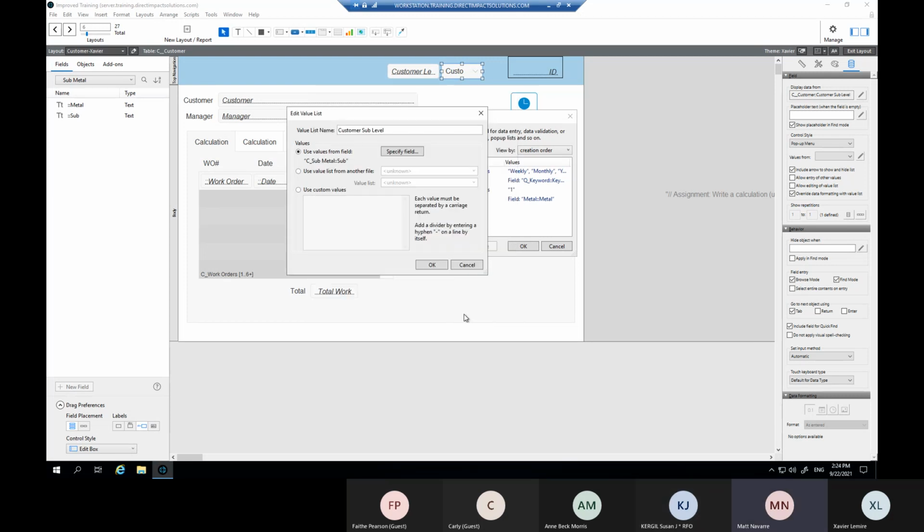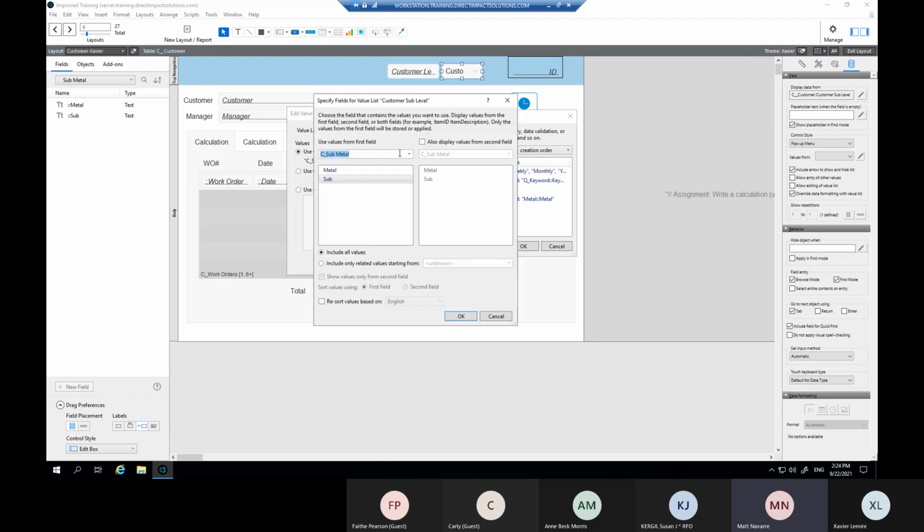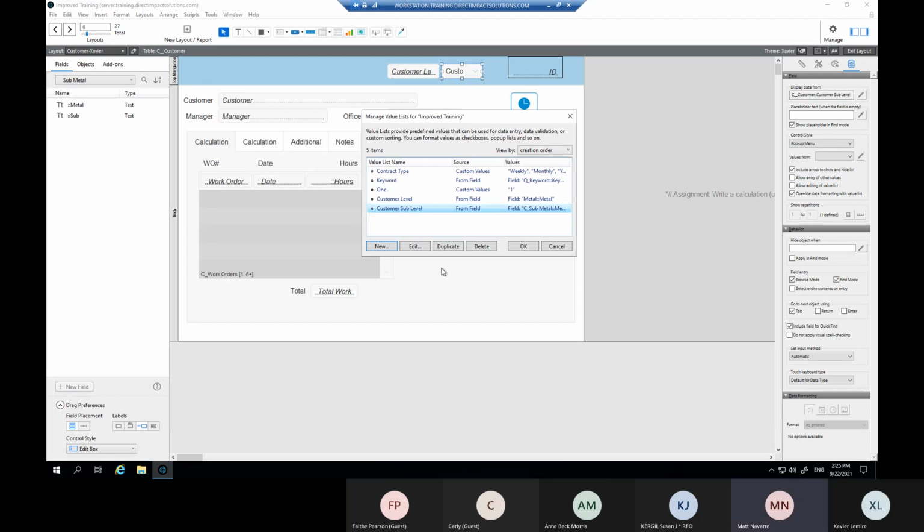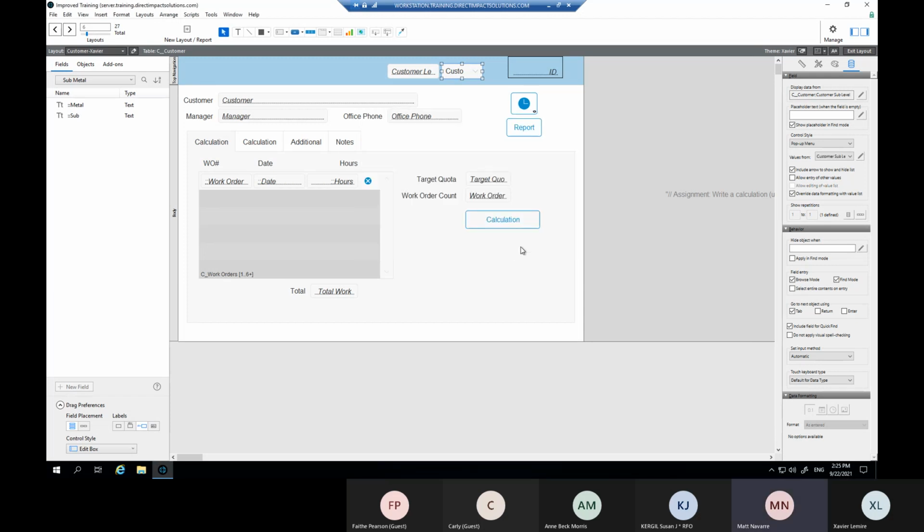That says, that's the second half of our query that says these are the values that I want to actually see. If you get any one of these things wrong, it's going to break in a weird way. Let's actually break it intentionally so you can kind of see. Click specify field again and choose the metal field instead. Okay, now click OK. And click OK again. And then if we go to our layout,